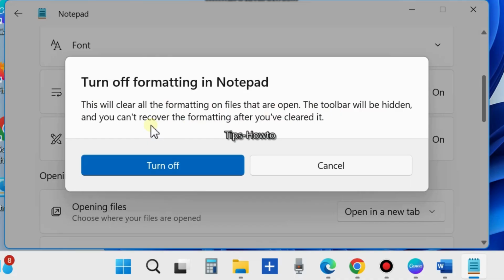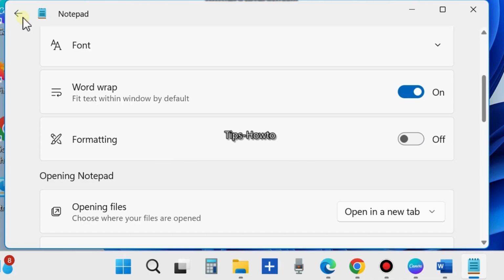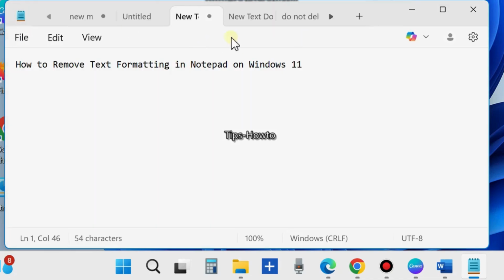Turn off formatting in Notepad. Click on turn off if you want to disable it. Now you can see all your formatting options, bold, italic icons will be removed,